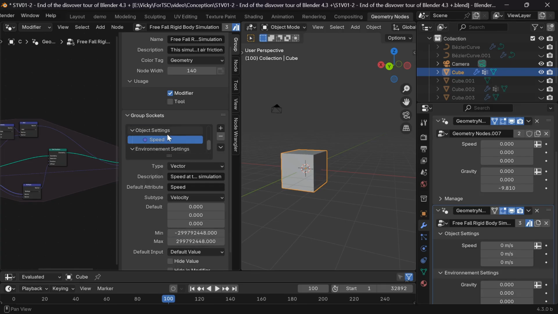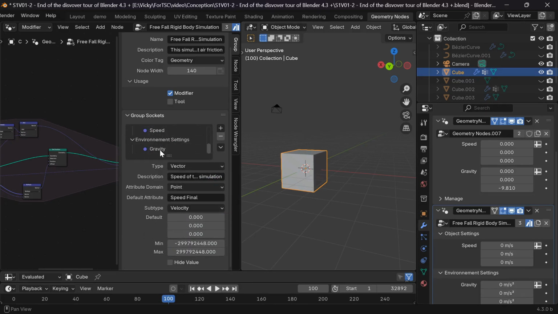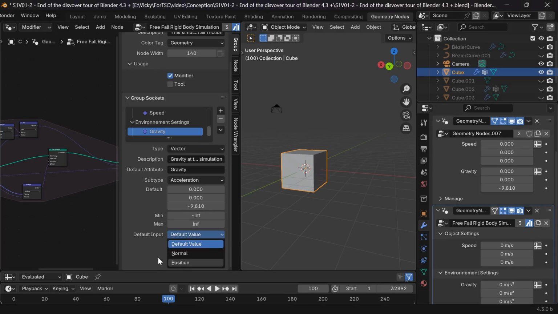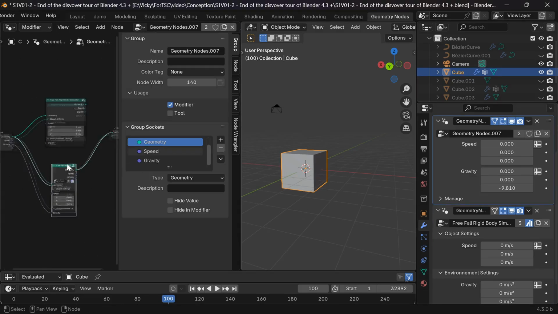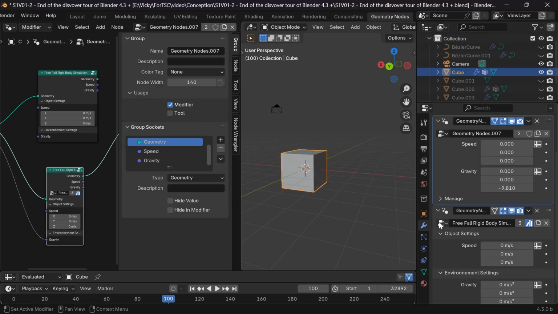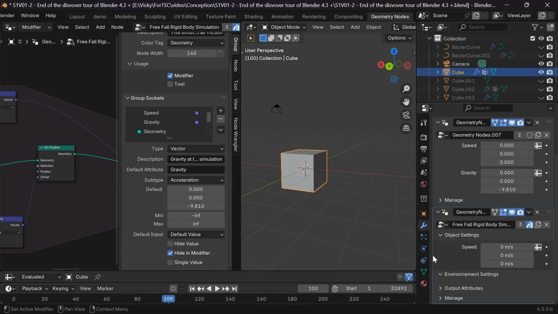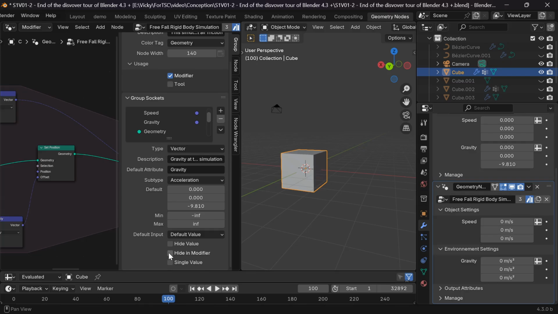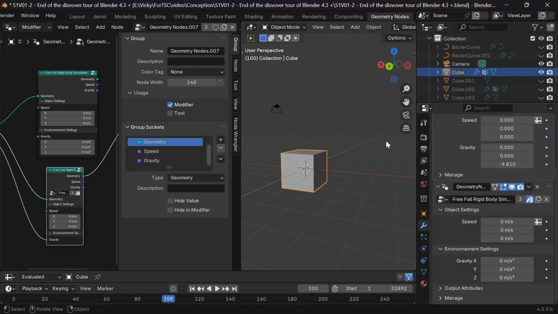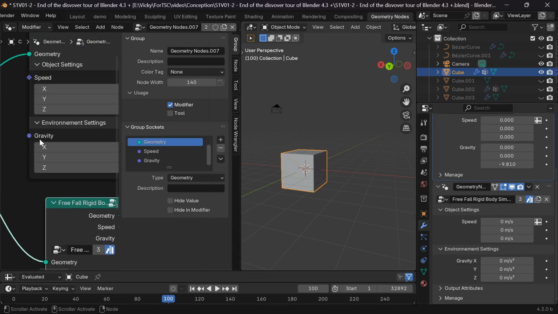After, we have something interesting. We can set this property to take another attribute for default value like position or normal. It can be useful. The two first boxes allow us to tweak the group interface for the first and the modifier one for the second. The last box is to choose if the property is a field or not. If I tick it, you can see that the socket switches to circle from diamond and the icon of the spreadsheet disappears in the modifier tab.